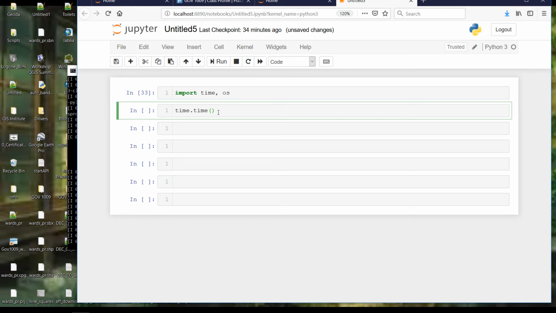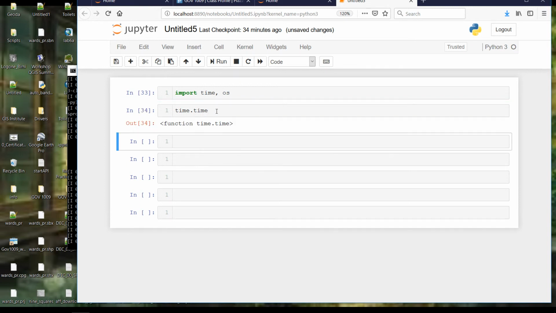Notice the empty parentheses. Why do I need empty parentheses? Well, there's no arguments to put here. I just want to know what time it is. But anytime you use a Python function, you have to have parentheses, whether they have something in them or not. If you ran this without parentheses, Python helpfully tells you that time.time is a function, but it doesn't actually do anything. If I put the parentheses and execute it, it shows me a wonderfully helpful version of the time, which is